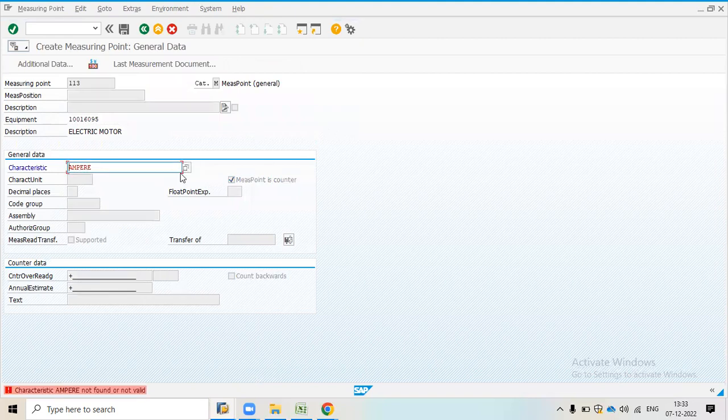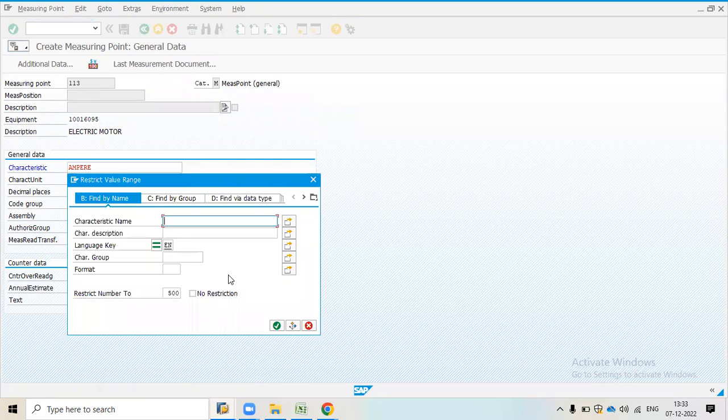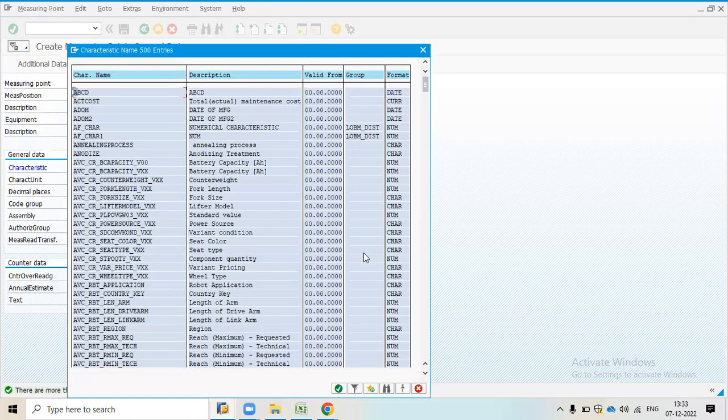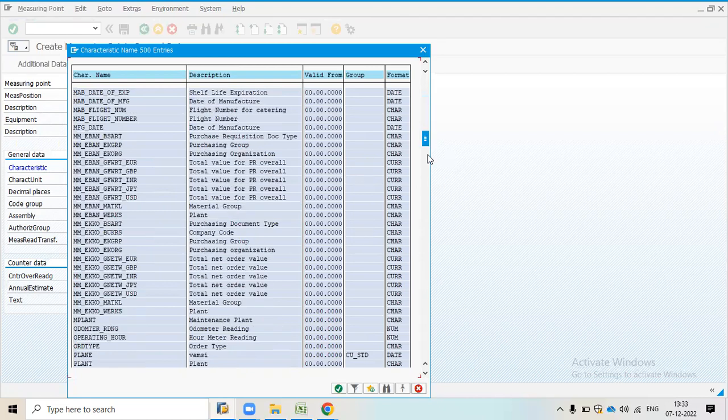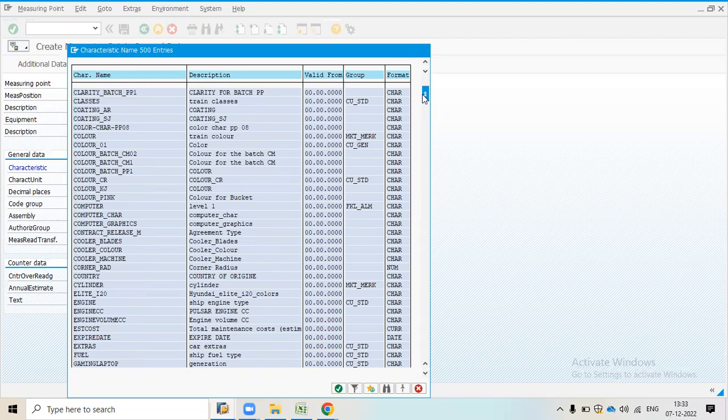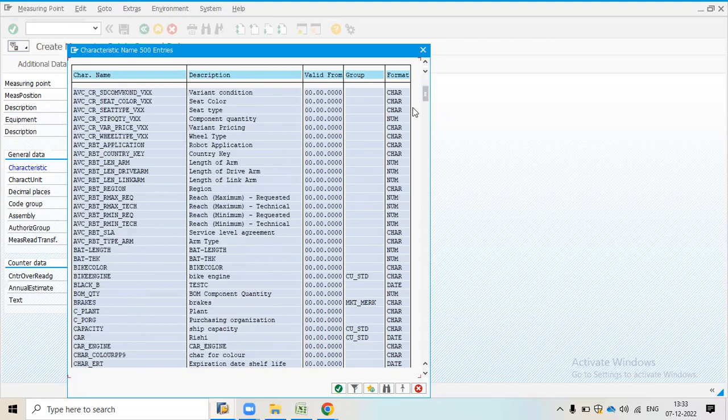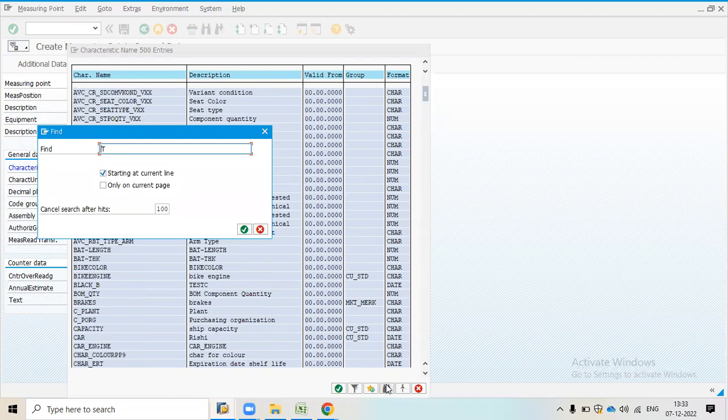Press enter, but it is not showing. 1 second, I will search it. Ampere I have created, but it is not showing, so I will try again. 1 second. Ampere is not showing because before it, or voltage I will search.